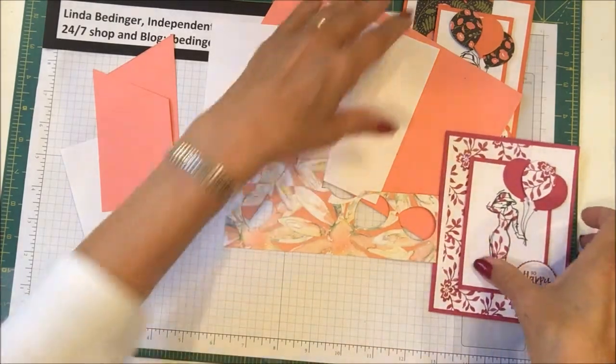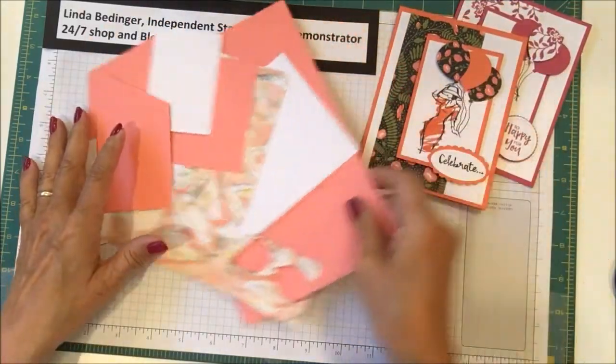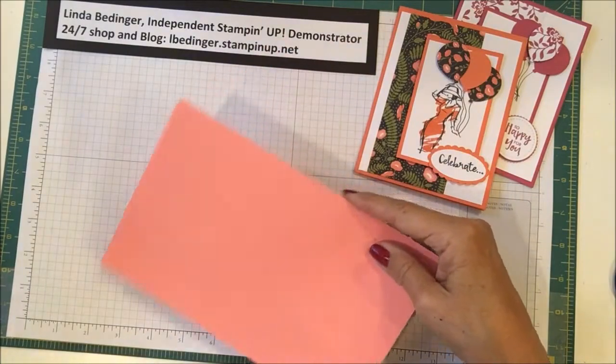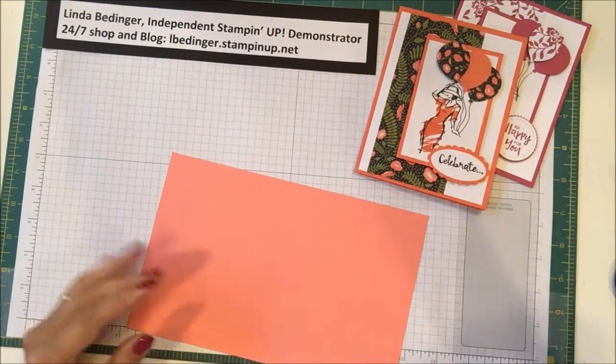Okay, so let's just get started, and I'm going to set these cards aside here, and we'll just start working on our card. So the first thing I'm going to do, and you'll pardon me,